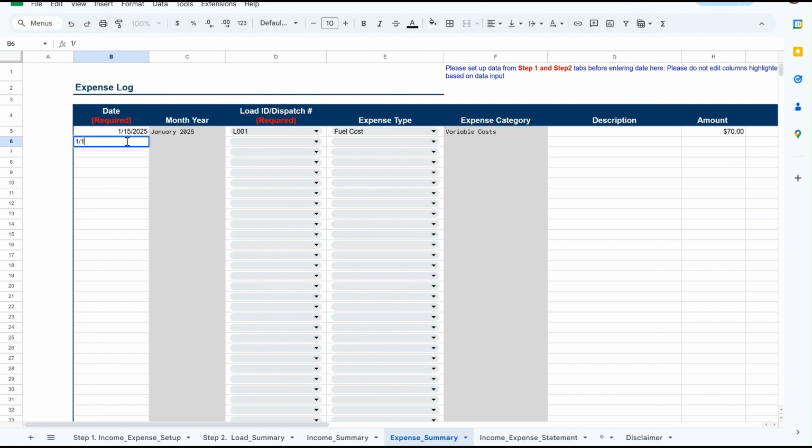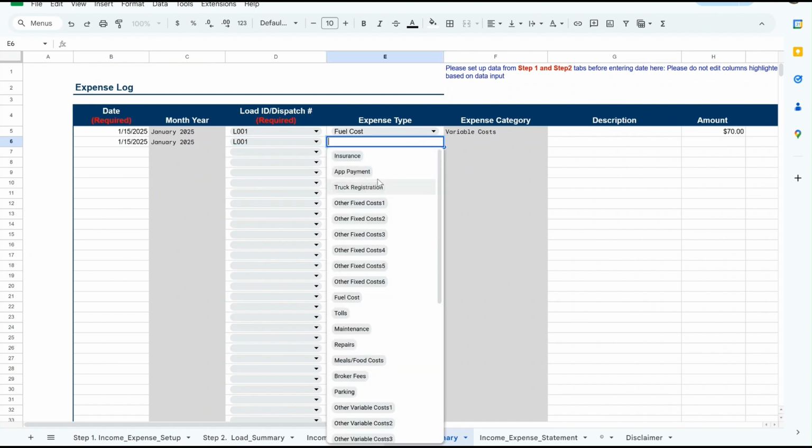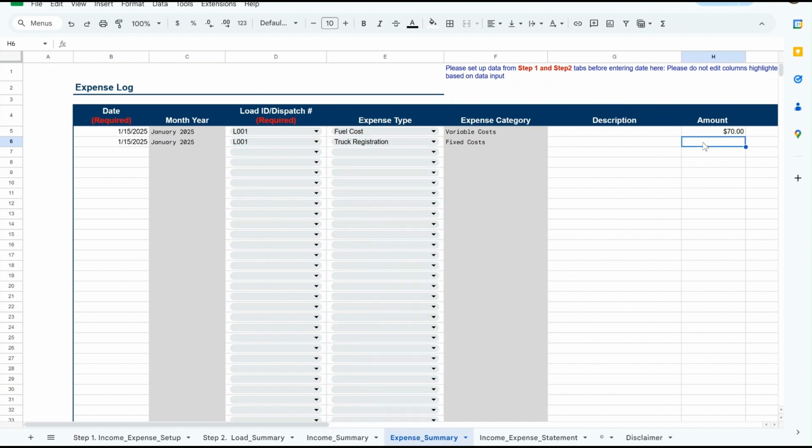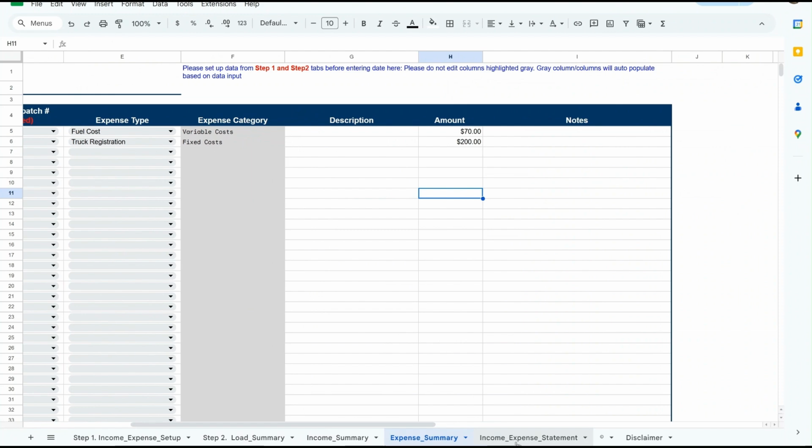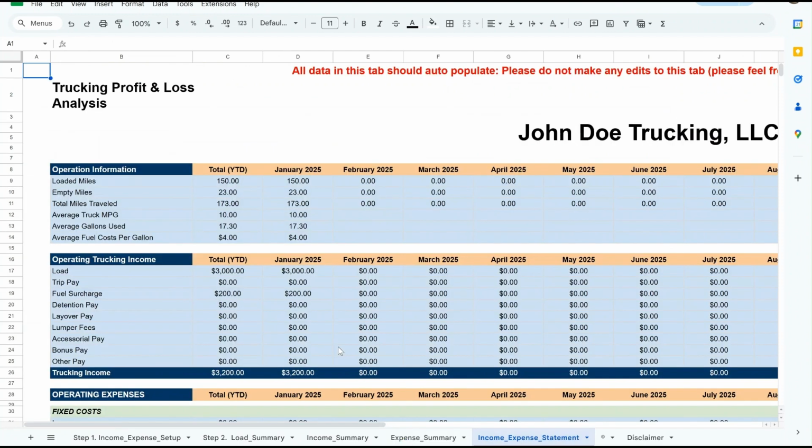So let's say on the same date, I incur another charge regarding this load. So do that, and then you do truck registration. Let's say $200. Okay, there you go. And you can put a description or notes if you want, and then on the income expense, it will automatically pull